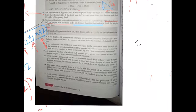Okay, question number 22. In a PT display, 250 students were arranged in rows and columns. 480 students. If there were 4 rows,